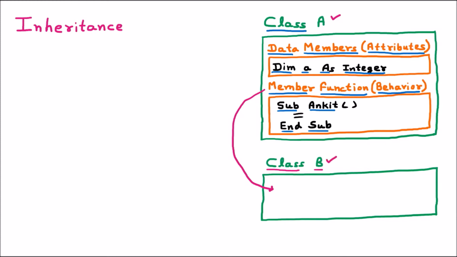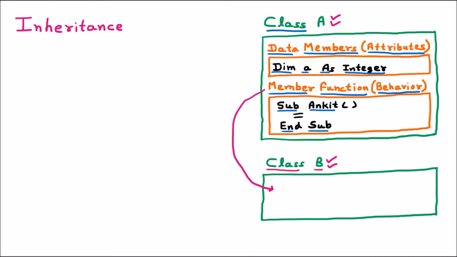Let us assume that we have created one code for a clock. Now I want to access this clock inside, let's say, the code of a window. If I am creating a window, inside that I want to put a clock. Now I will not create separate code for the clock. I will inherit it from some other code. That is called inheritance. So the existing code of a class we are using in a new or already created class. That is called inheritance.